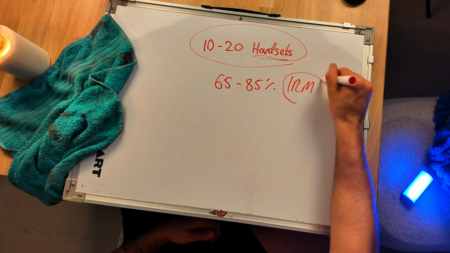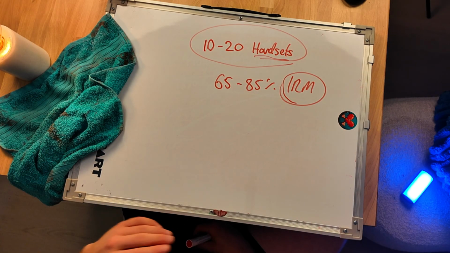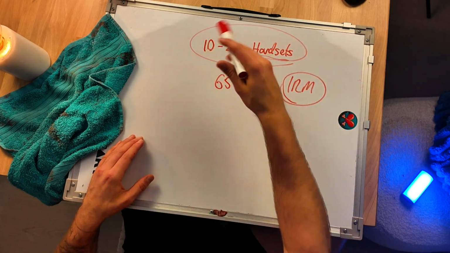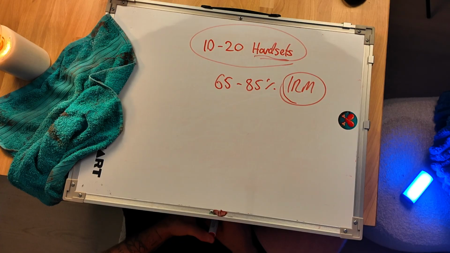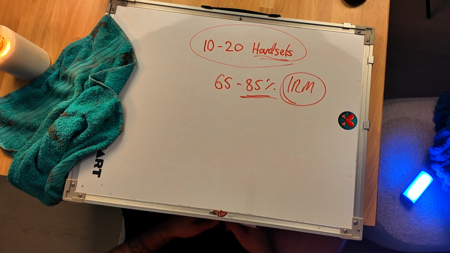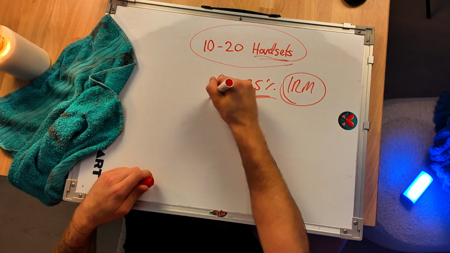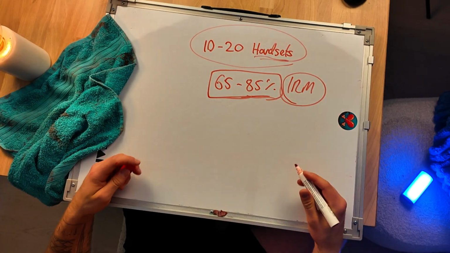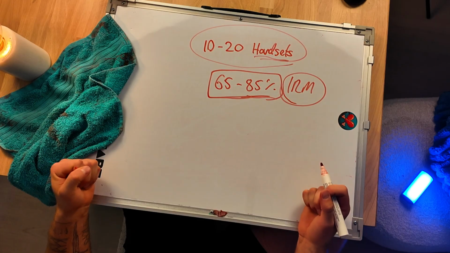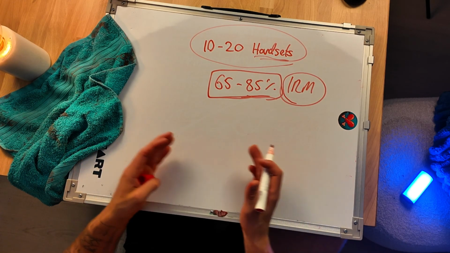It's super important that throughout your programming, you are always testing people, you're always documenting load, because 1RMs are a common metric we use to discover if we're going hard enough during our sets. Notice that it's not 90 and above. That's because we need to work the muscle lots to failure, and keeping it in a safer bubble, a lower weight bubble, is usually going to be better for you because you're forcing a muscle to go until it no longer can, which can be perceived as really dangerous and can result in injury.